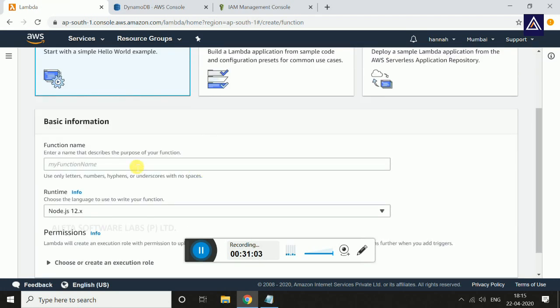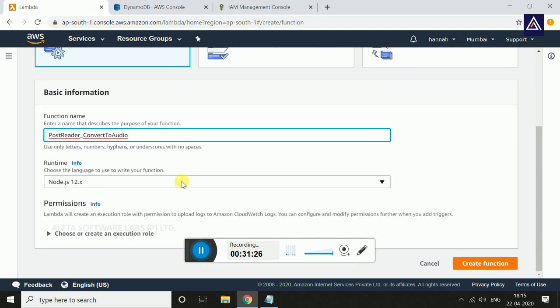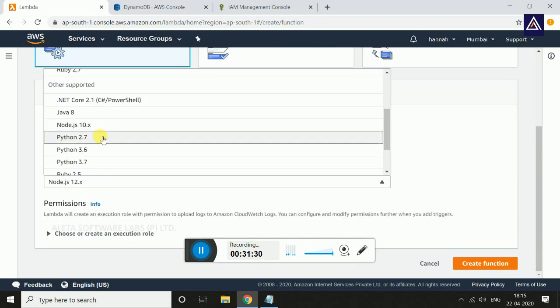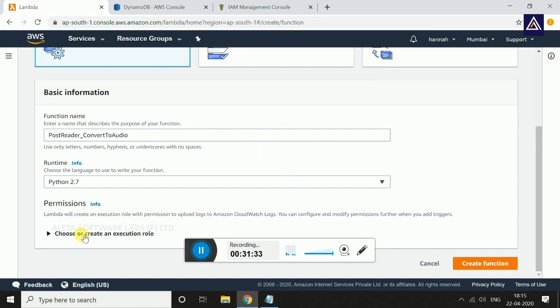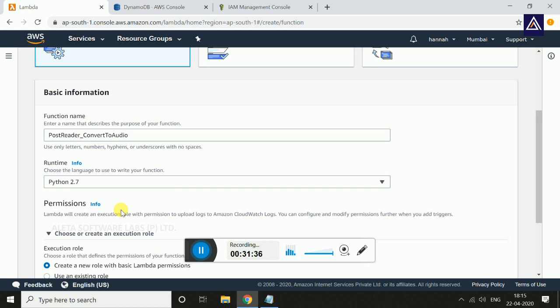And give our function a name such as post reader get post, or convert to audio. Select the runtime language as Python 2.7 as before. Let's give the permission that we already created, called speech. So let's click on use an existing role in the permissions and select the